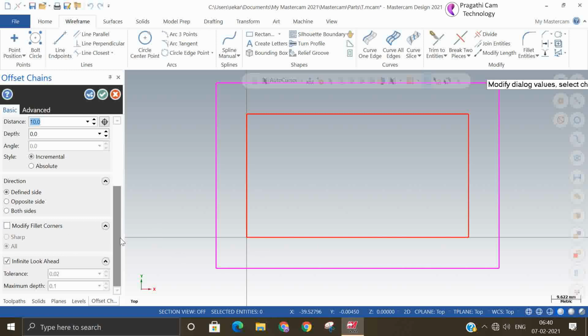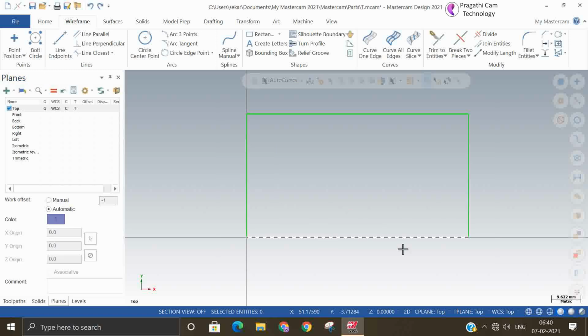You can add a fillet and you can remove it. You can do both things. Okay. So this is all about offsetting. So next is the project option.